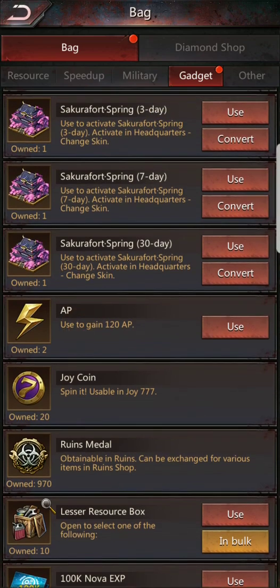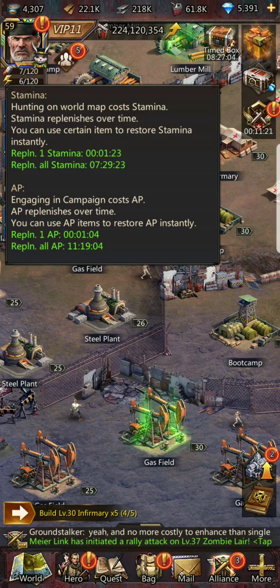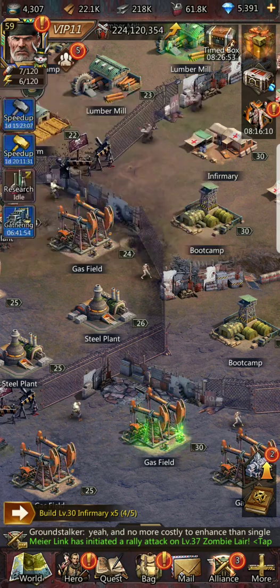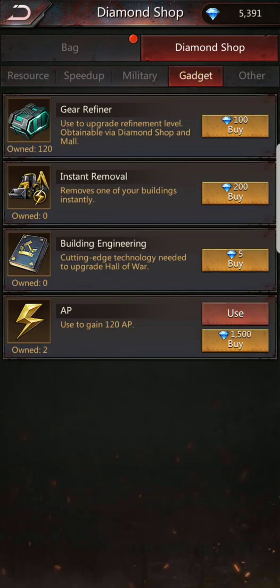So save these items, save your stamina, the pills or the cans. It looks like a little can of Red Bull, I guess. If you're saving those, then that's what's going to help you get the max points on those days of Global Ace Commander. So that's pretty easy and pretty straightforward. And of course, you can buy AP from the Diamond Shop under Gadget, and that's in your bag. Now, it is 1,500 diamonds for 120 AP, so it's not cheap,